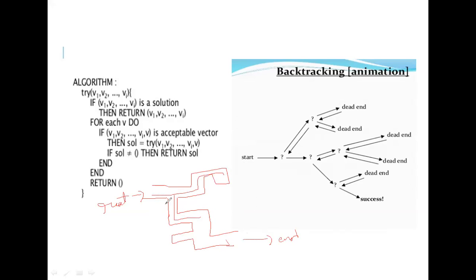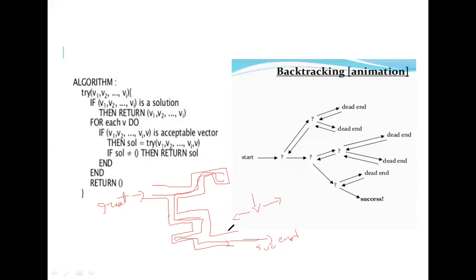Then he has to choose. Here we can use only these directions: downward, right side or left side. So here it follows right, then there is a dead end, so it comes backward. Then here you choose downward, so it goes down, then moves right side, then moves down, then moves left side. Here is a dead end, so it comes backward, and here it moves right side. So there is the path, so here it will succeed.